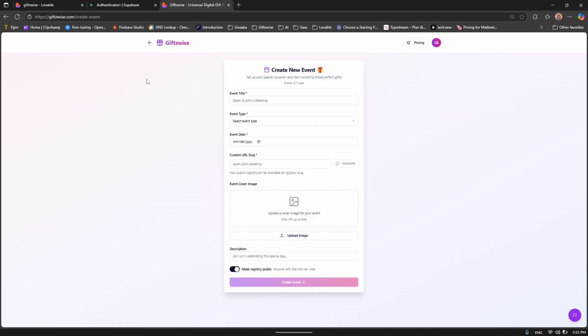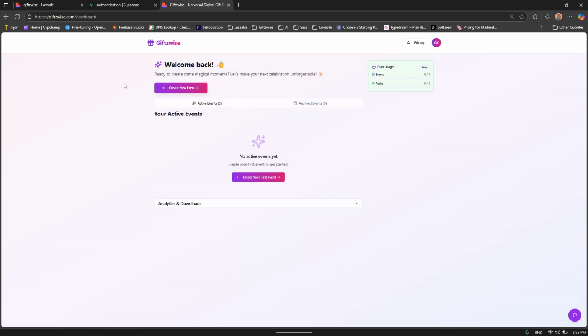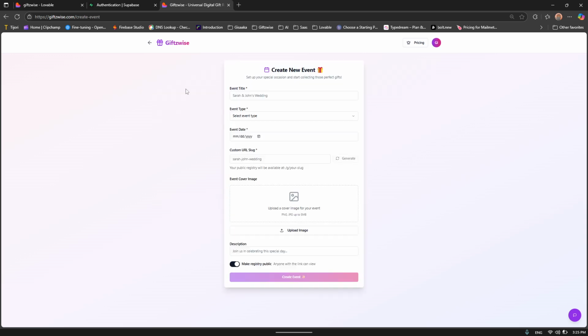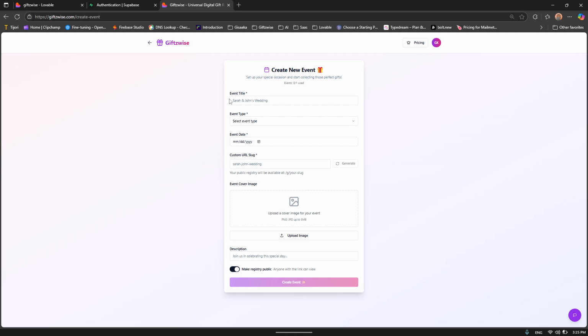So this is the dashboard. This is how it looks once you log in. So here you have an option to create an event. You click on create an event, and here it's asking for